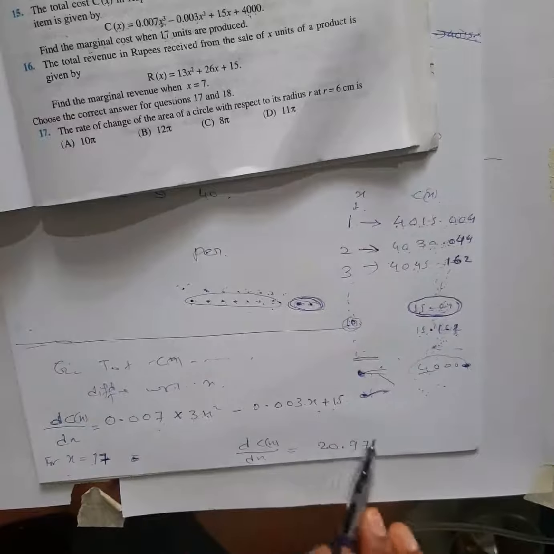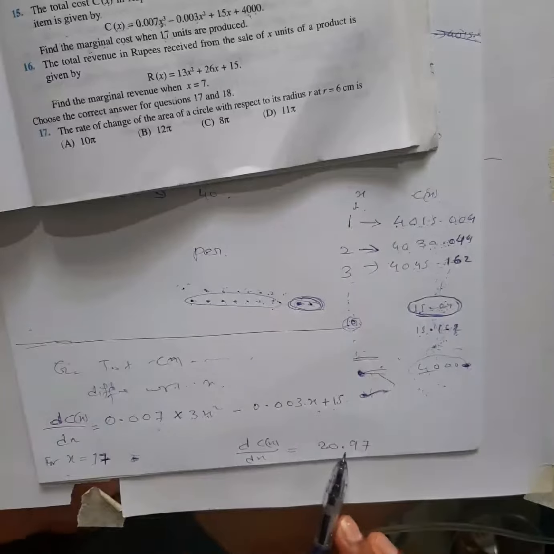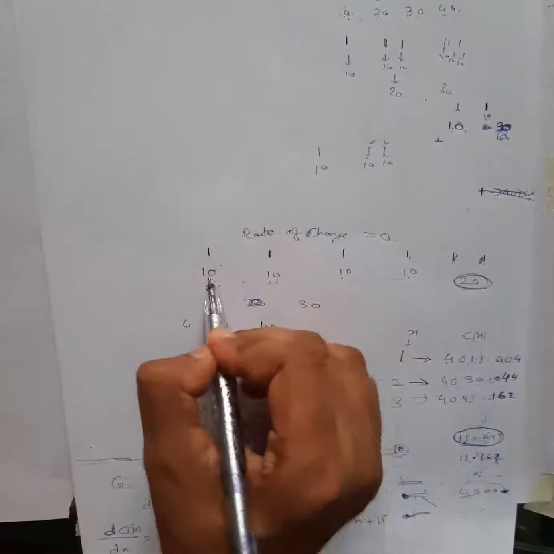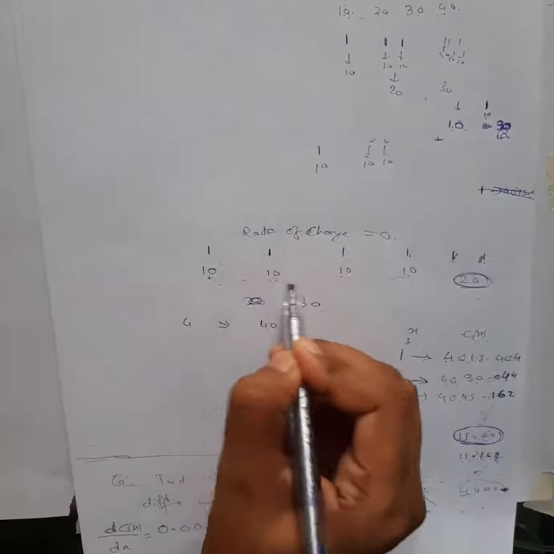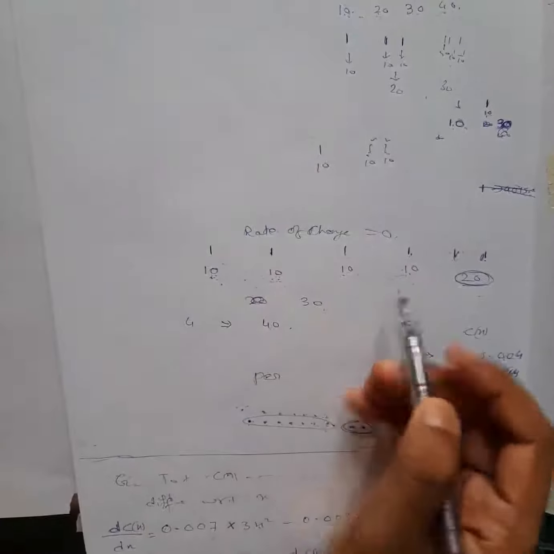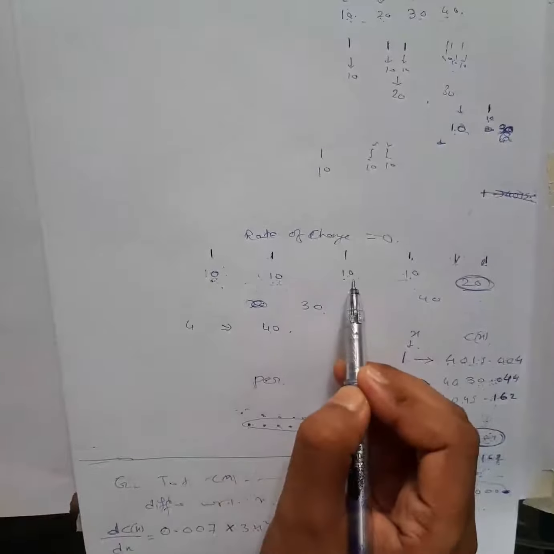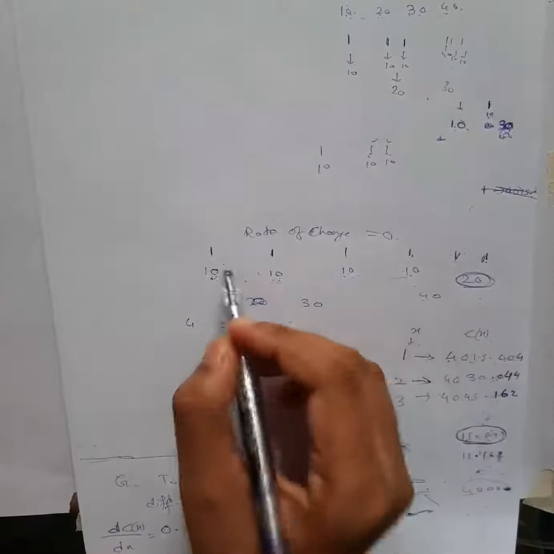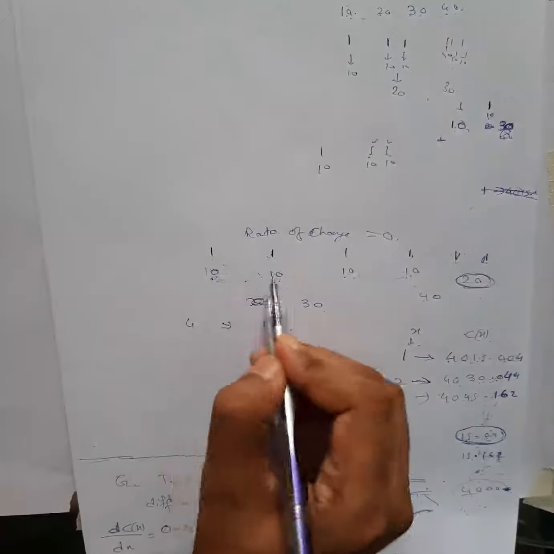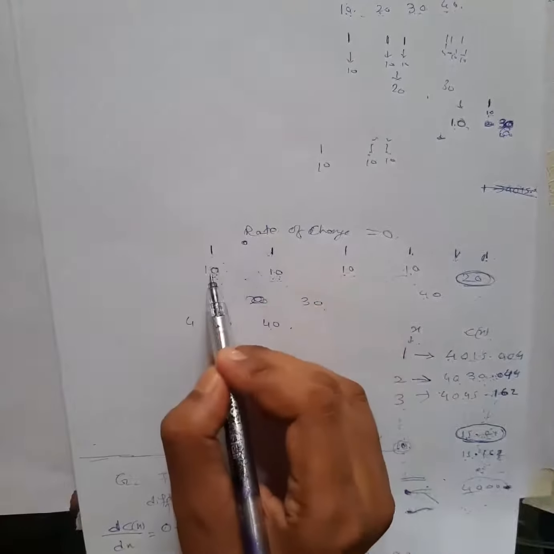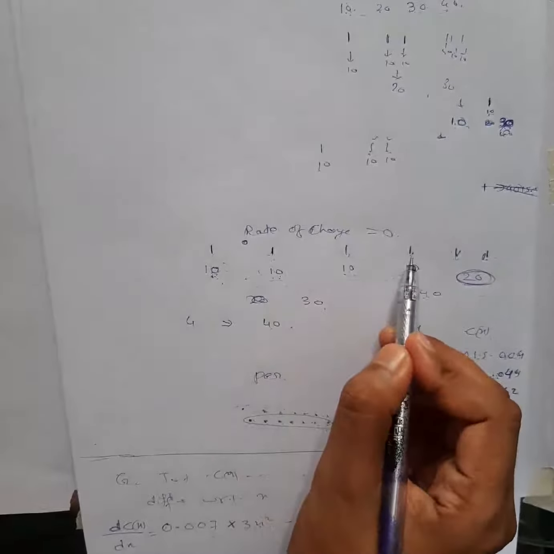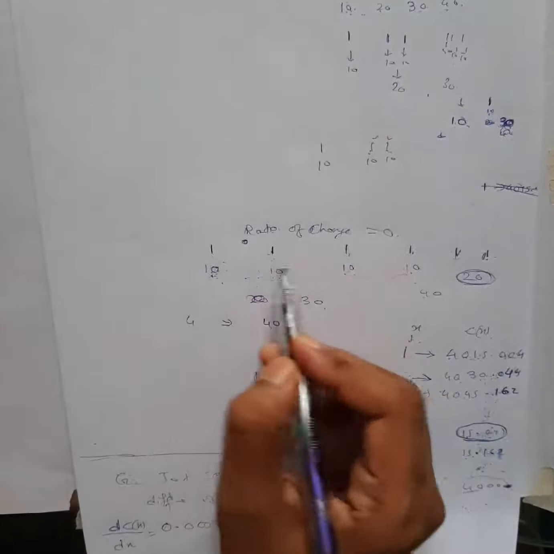Okay, the total rate, that is the total contribution, will be this much. So I hope this is clear to you. Basically, you can see here, when you talk about the cost of the product in this form, 10 rupees, when your total cost is 40, here the rate of change of total cost is 0. What is the rate of change of cost between these two? It is 0, because it is fixed. Whatever was the cost of the first product, the second, third and fourth products are also the same. So there is no rate of change of total cost here.